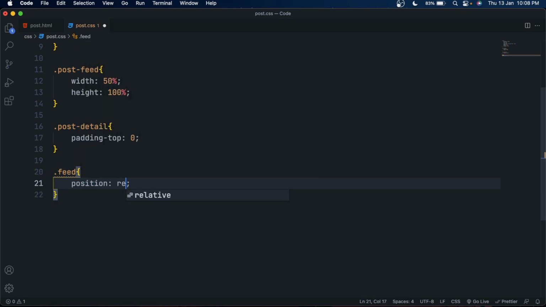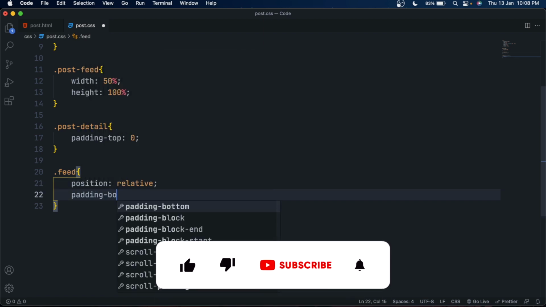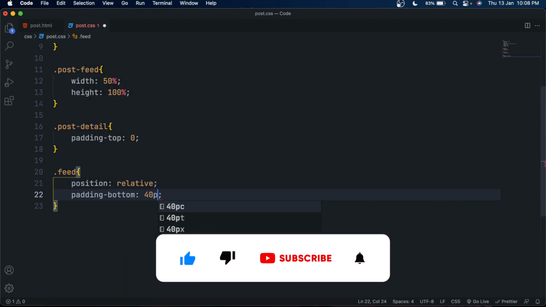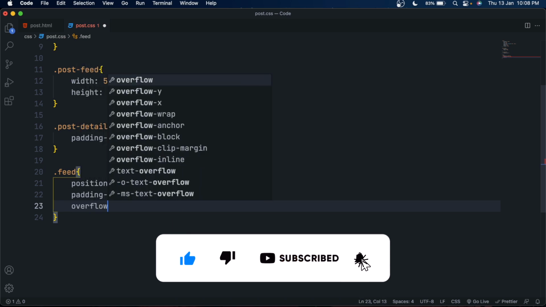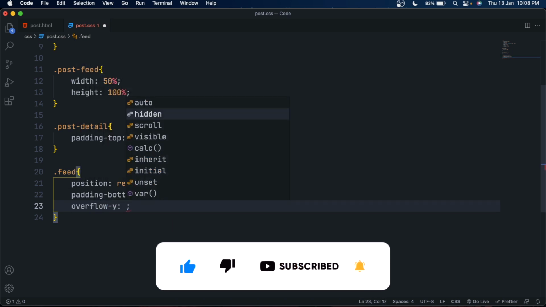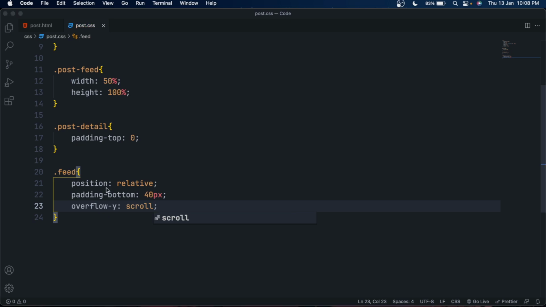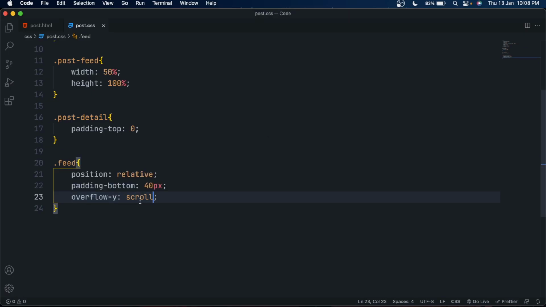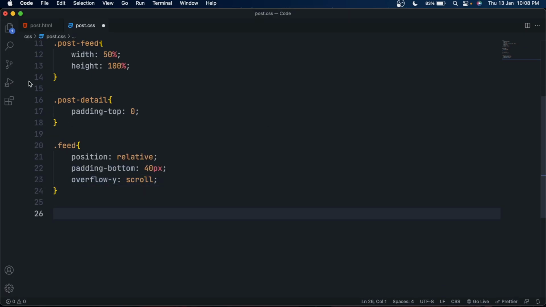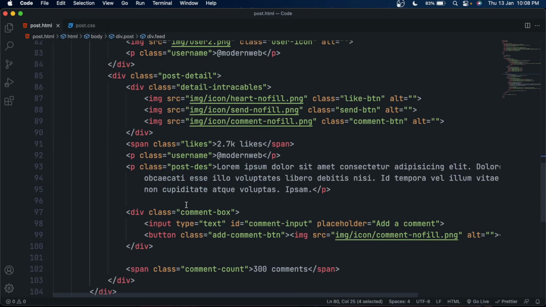Give it a position relative, because our comment box will have the position absolute, so we need it to be relative. And set its padding bottom to 40 pixels to make it scrollable, and set its overflow-y to scroll because our comments will be overflowing this parent. Great, now let's select the comment box,